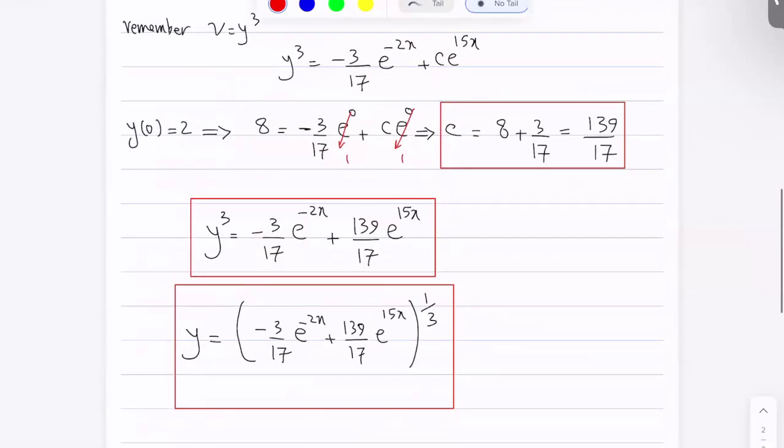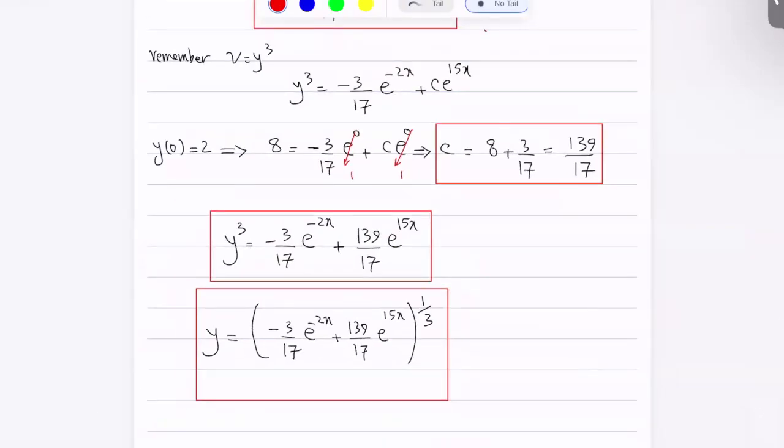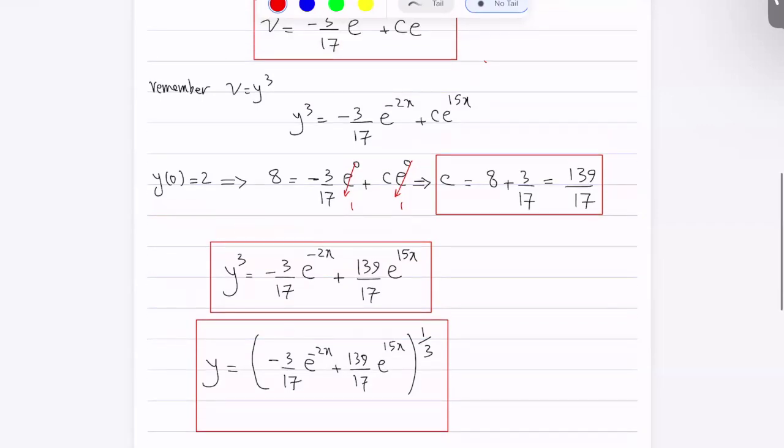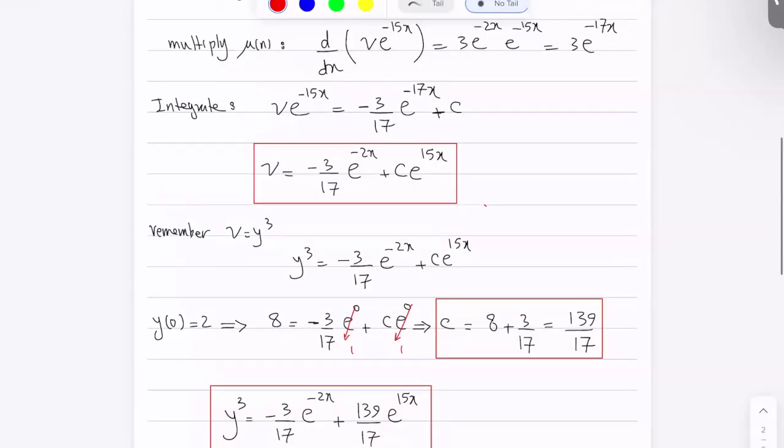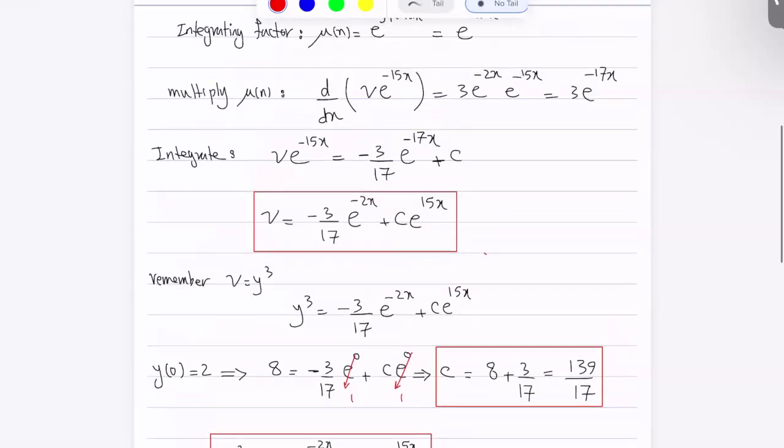This whole section of Bernoulli's equation, it's a little bit of work because you have to do the substitution to get a linear equation, and then you have to solve the linear equation, and then you do the back substitution. Those are the main 3 steps. So it's easy to make a mistake in one of those steps, like forgetting the constant of integration. So make sure to do as many practices as you can on this